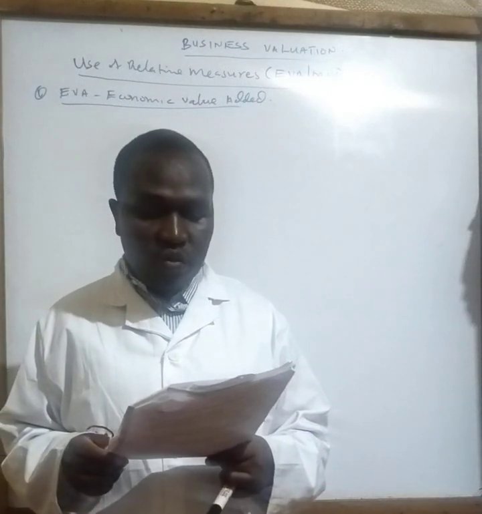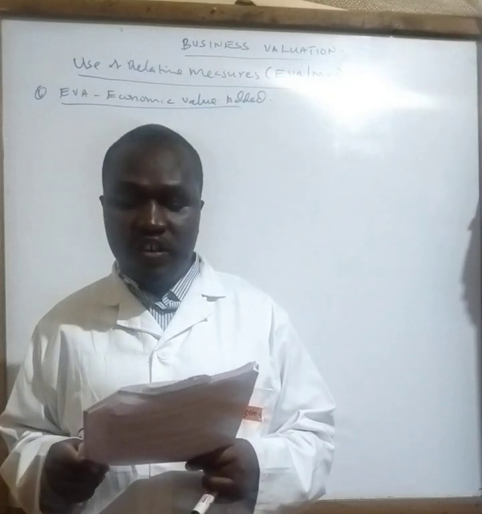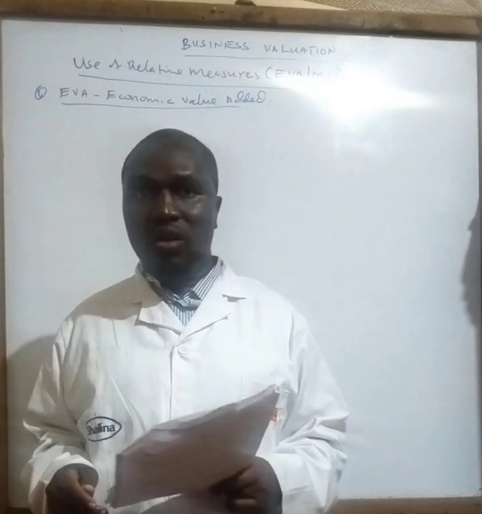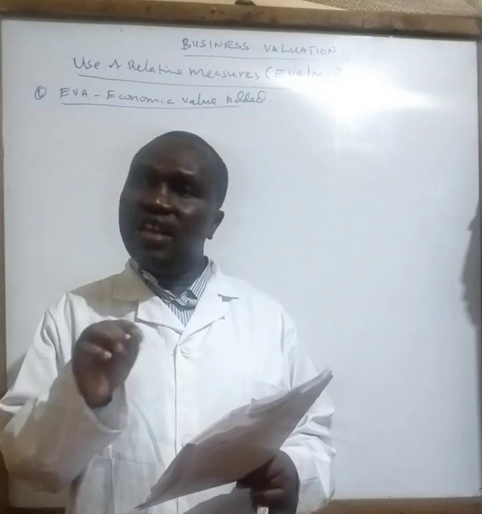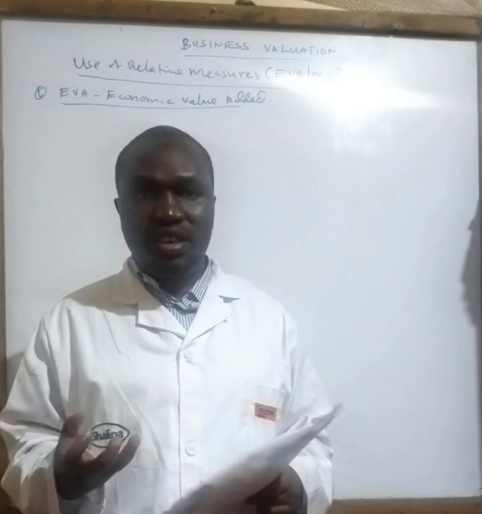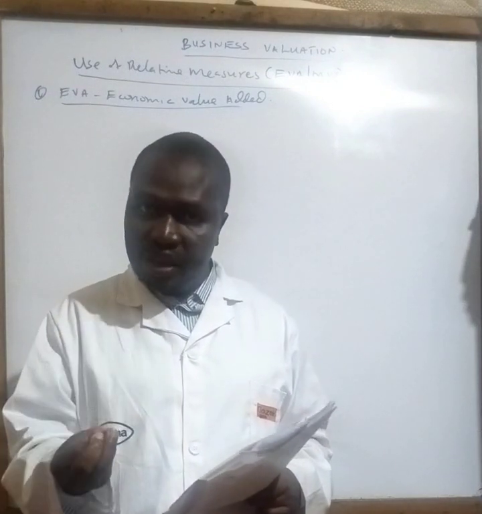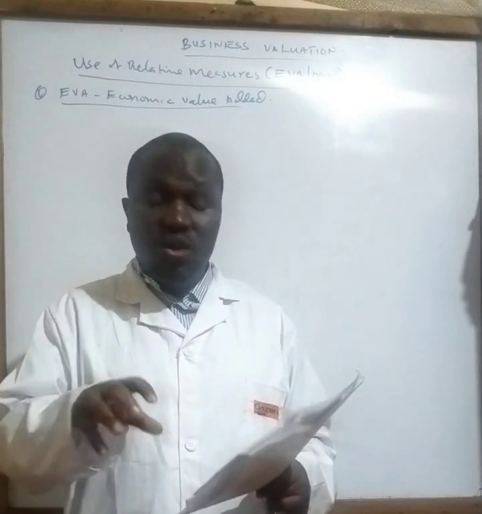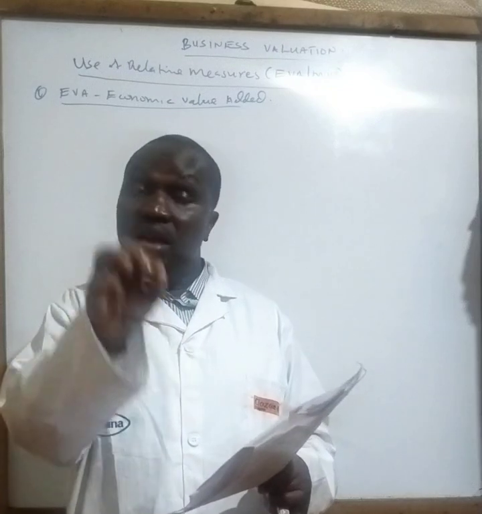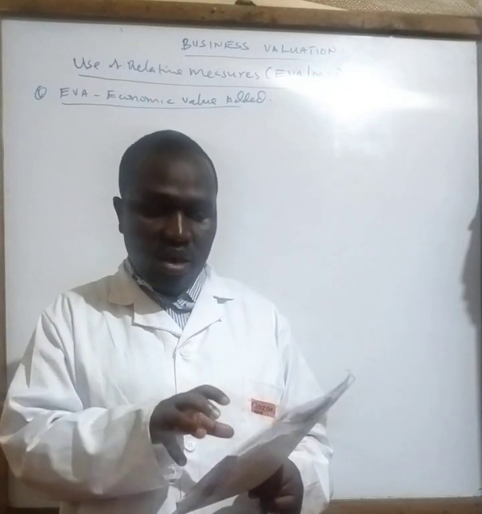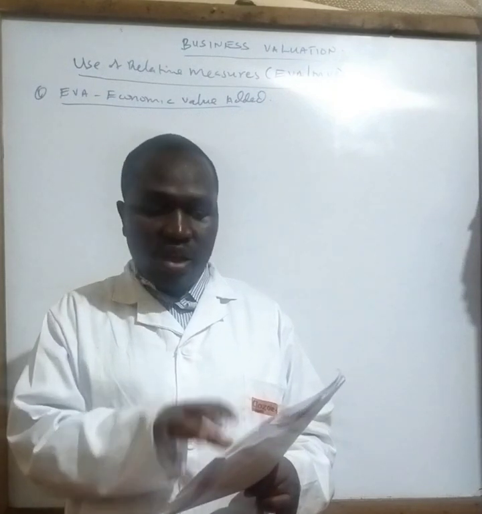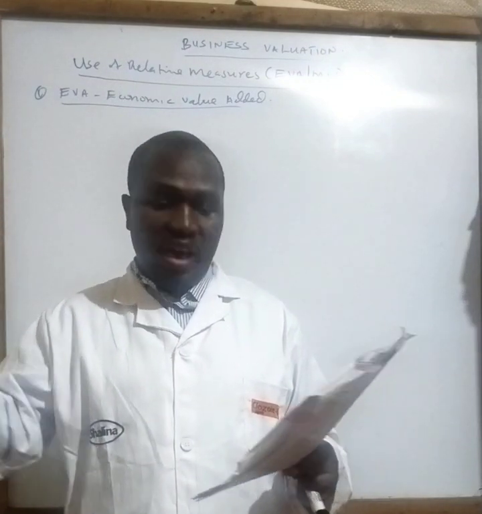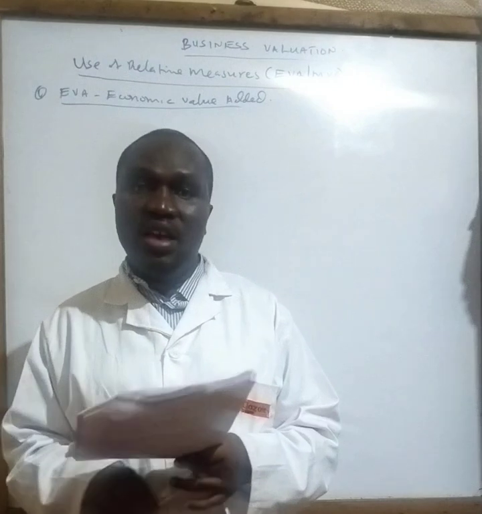Then interest expense was 4.4 million in the year 20x3 and 6 million in the year 20x4. This interest expense was actually deducted from the revenue. Unfortunately, this interest expense attracts what they call a tax advantage, and the tax advantage is treated as an expense. Therefore, we need to calculate the tax advantage from these figures. The tax advantage is always 1 minus T, where T means the corporate tax. In this case, the corporate tax is already given as 30%.